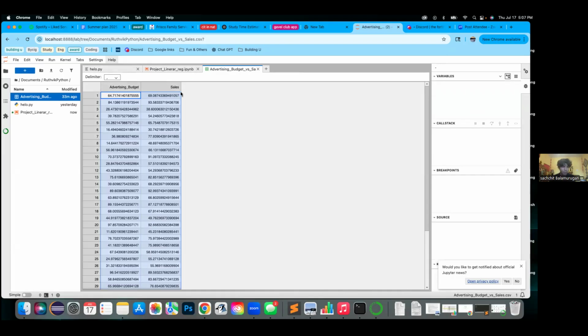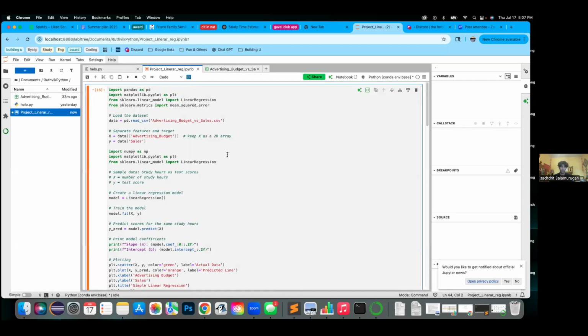This is advertising budget versus sales. Advertising budget is the independent variable and sales is the dependent variable. What we did is I copy and pasted the code, and we have a bunch of these libraries.